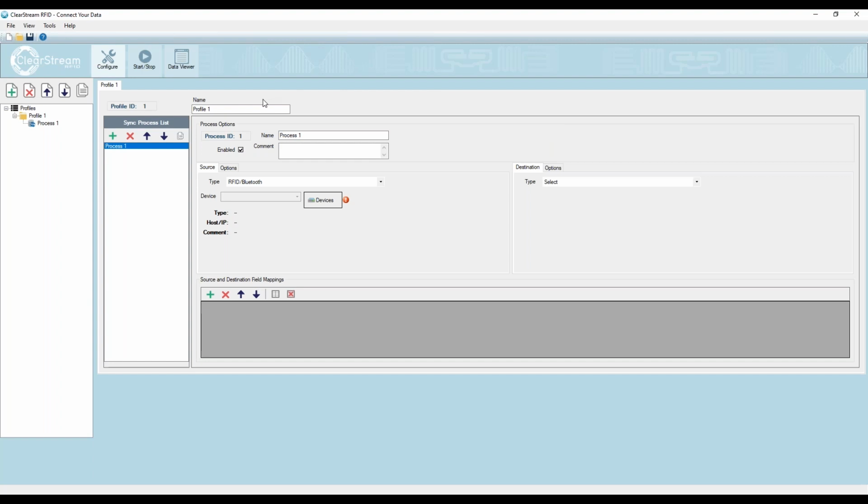I've installed it on my system here. I don't have anything configured, and I'll just talk a little bit about how it's set up. ClearStream RFID on the left-hand side has a source of tag or Bluetooth beacon data on this source tab, which I don't have anything configured for at the moment. On the destination side is where the tag data captured by your device is going. This could be the FX9600, and the destination could be anything from an ODBC database, a SQL Server database, Excel, text files, or